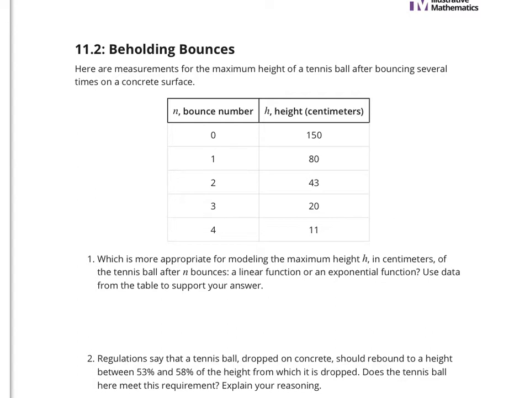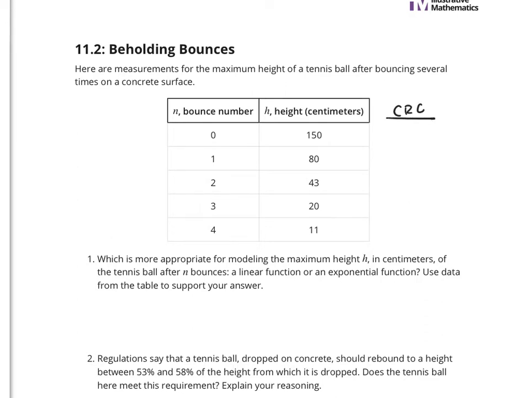Alright, let's take a look at the data a little bit more closely. We see that it starts at 150 centimeters, and then the height after the first bounce is 80 centimeters. Now, if I wanted to see if this was a constant rate of change, I would calculate the slope. If I wanted to see if there was a growth factor, I would see what fraction is remaining each time. So you have to take a look at each type. For example, if I looked at constant rate of change,